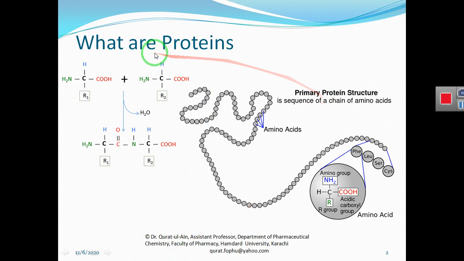So what happened there? This is the basic of the protein. What are proteins? Proteins are a collection of monomers that are amino acids, and proteins are the polymers of amino acids, in other words. So you have to keep in your mind that proteins are the macromolecules that are made up of amino acids. So now I am talking about the digestion of amino acid.